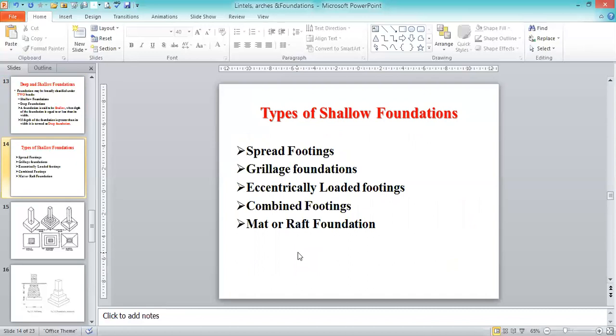The bottom one has the largest width of the foundation. Then we provide one more step, and we keep on decreasing the width, and then we lay the walls further and the construction is completed. It spreads like a step, and that is why we call it a spread footing. You use this for simple constructions. In olden days, almost all buildings were constructed using the spread footing foundation.